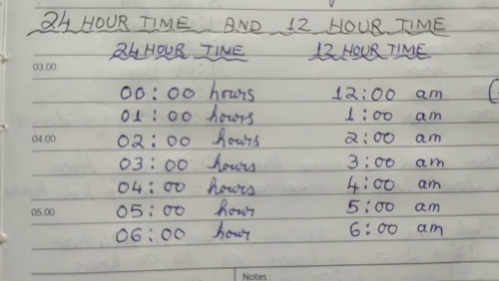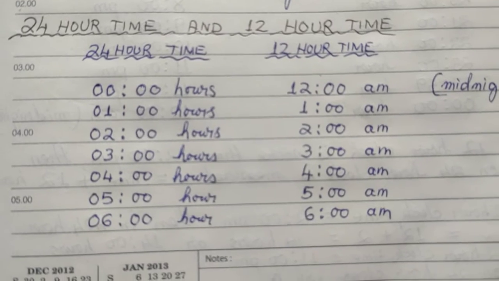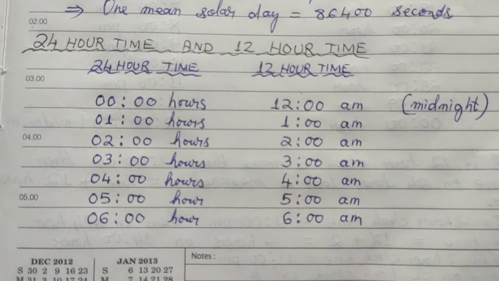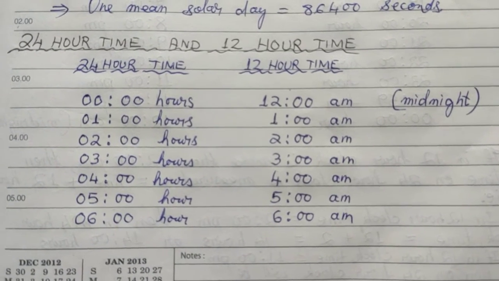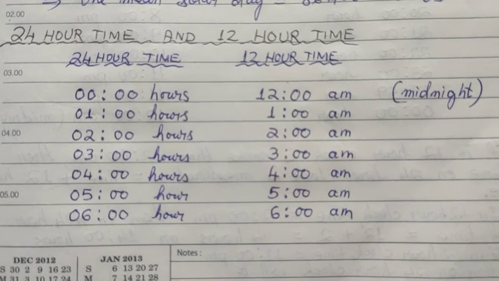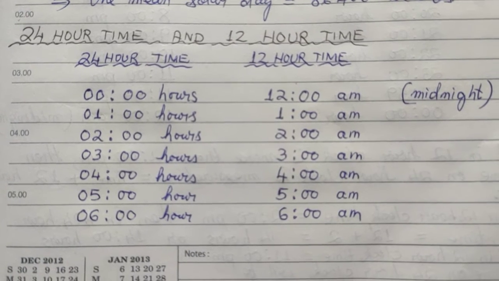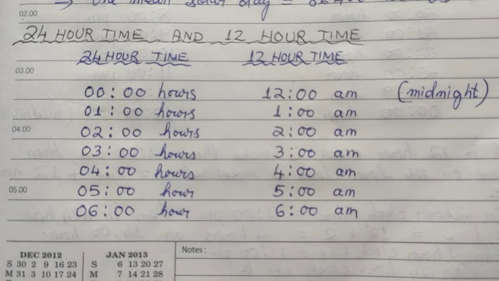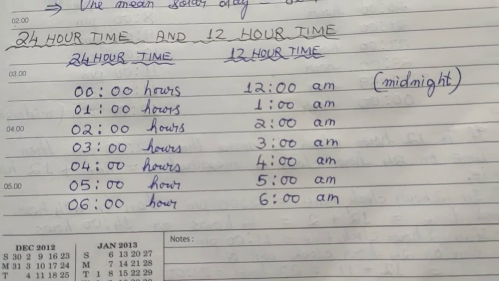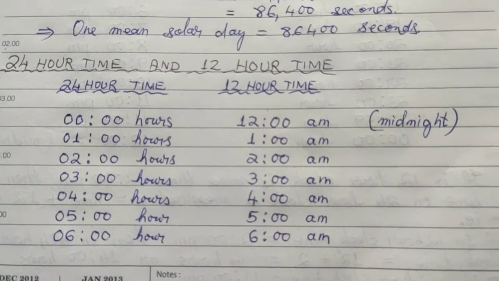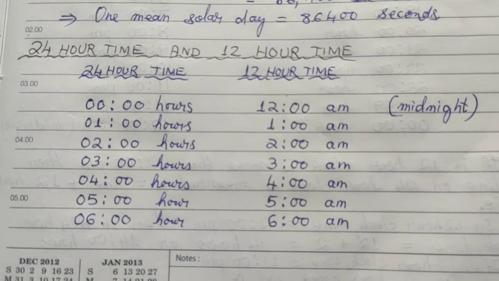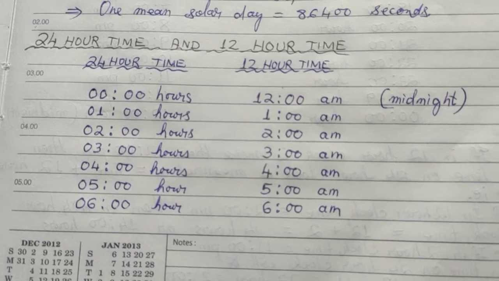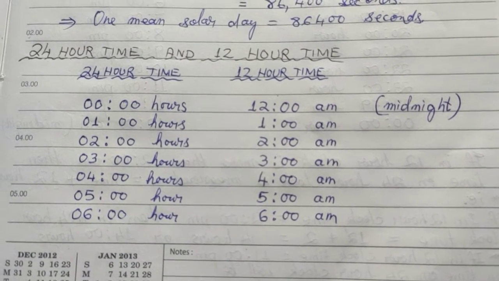Okay, the next thing that we need to know is that time, we have watches to calculate time, isn't it? You must have seen watches in your mobile phone, watches that you wear in your wrist, that is wristwatch. Now there you will see two options given. If you have ever gone to the settings of the mobile phone, and if you have gone into the time settings, then you will be given two options over there. The time can be set in two options.